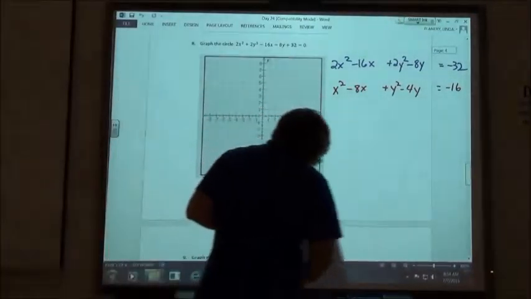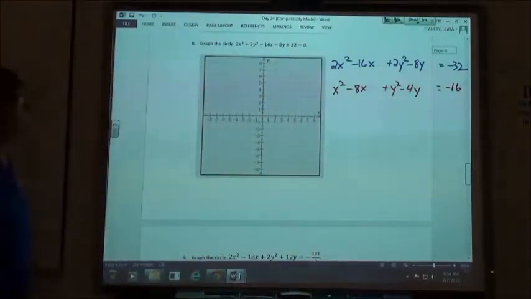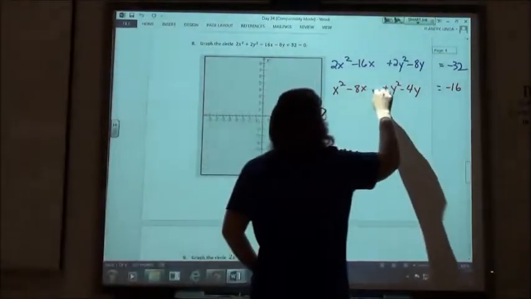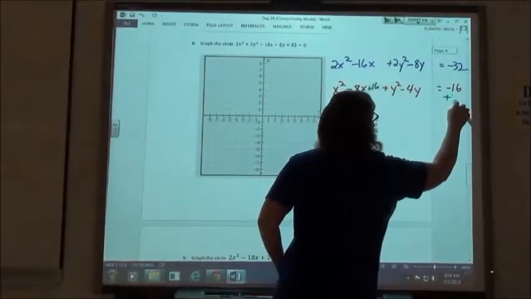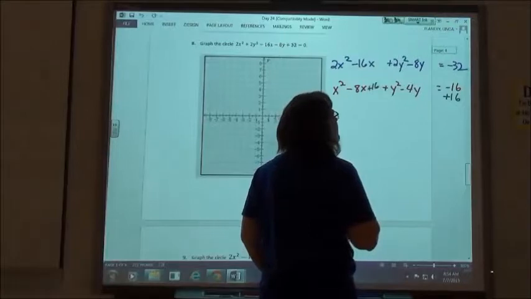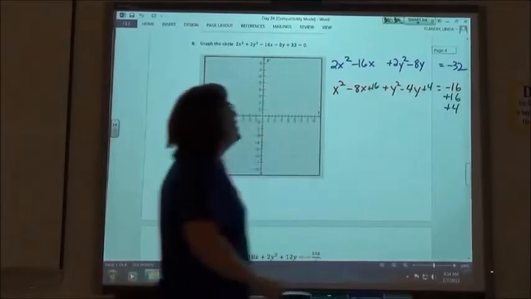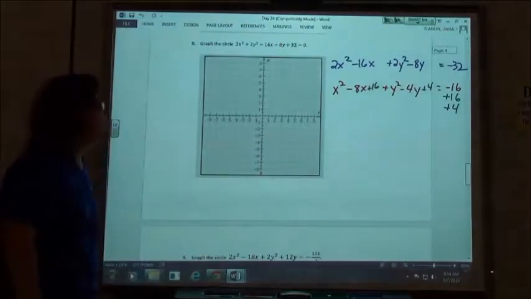So if we complete our square on the first one, we would add 16, and on our y's we would add 4. So our equation in standard form would be